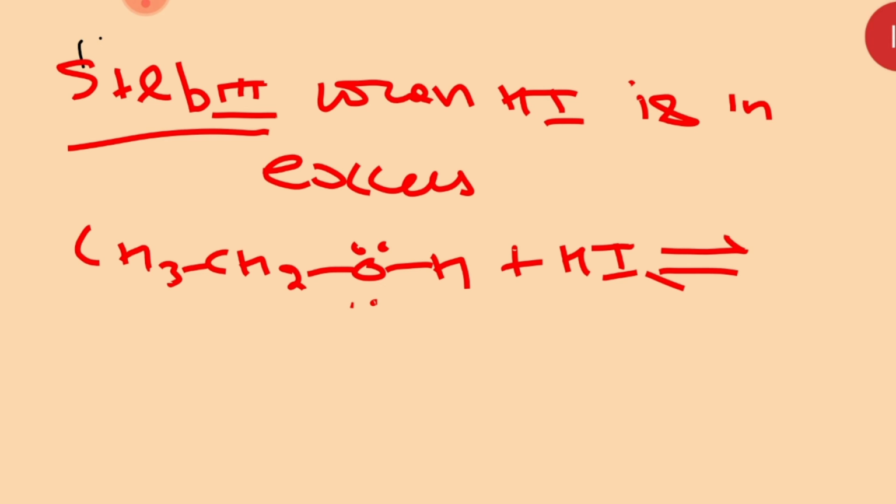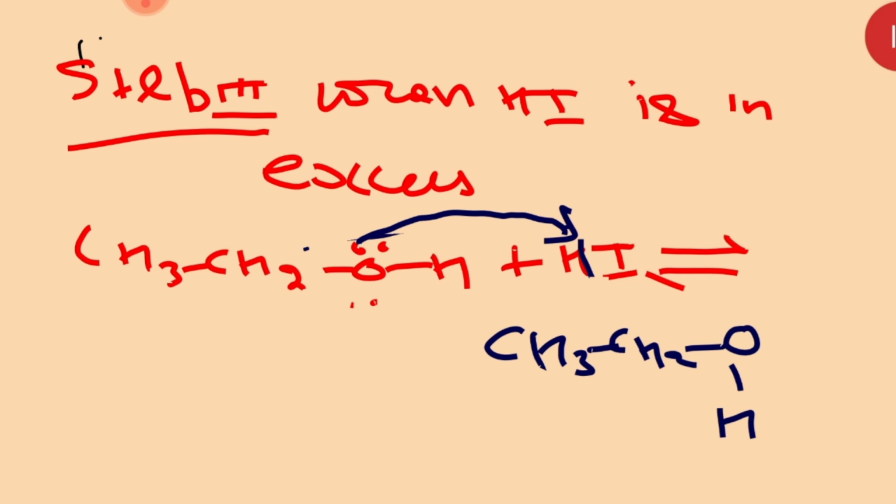Now what to do there, beta? From there you can remove this water molecule, this way. Just wait for a minute. This H will go where? This H will make a bond with this one. Okay, then this one will become CH3CH2 O H positive plus I negative. Clear? Now this one what we have made, we can give its reaction further.